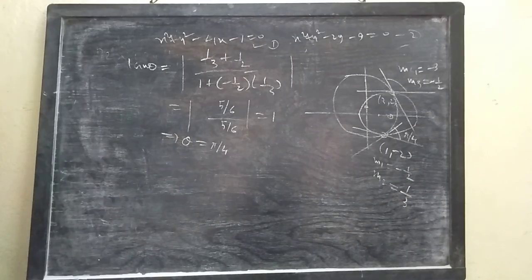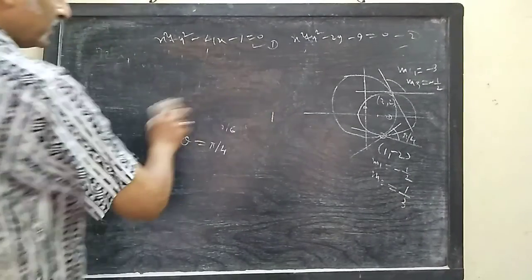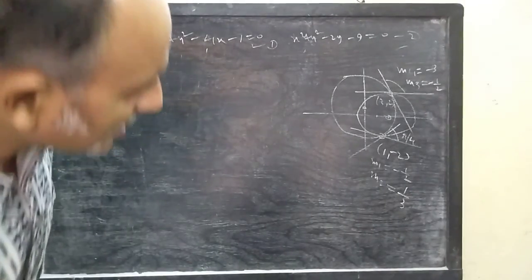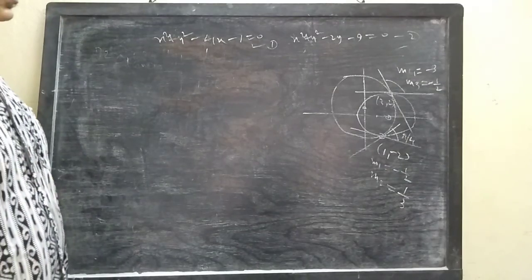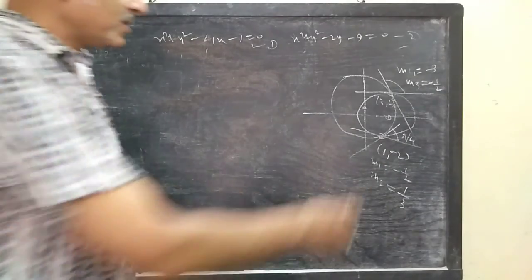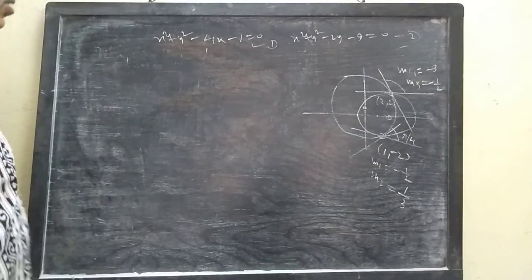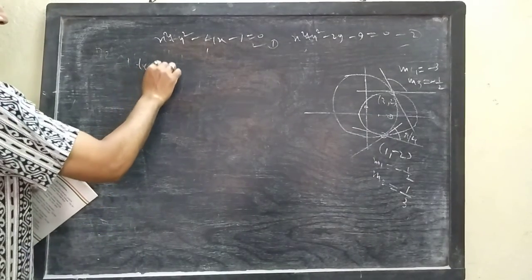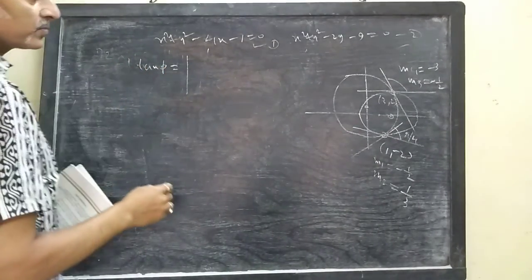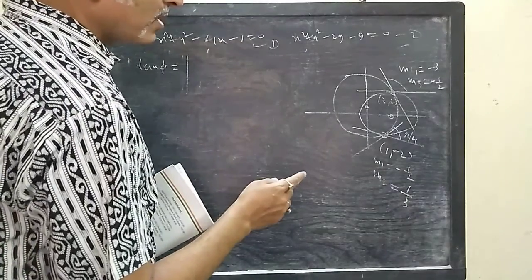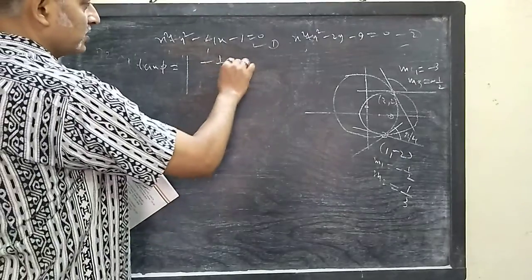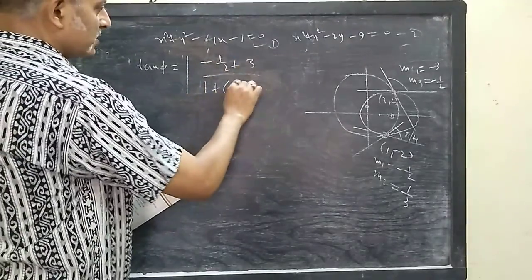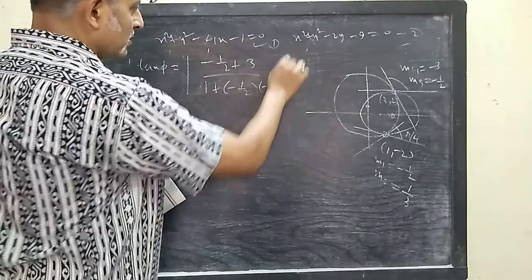Next, we have to find the angle there. So write down, let the acute angle between the tangents to the curves at their point of intersection 3, 2 be phi. Angle means acute angle. Then tan phi equals to mod of m3 minus m4 by 1 plus m3 m4. Here it will be minus half plus 3 by 1 plus minus half into minus 3.